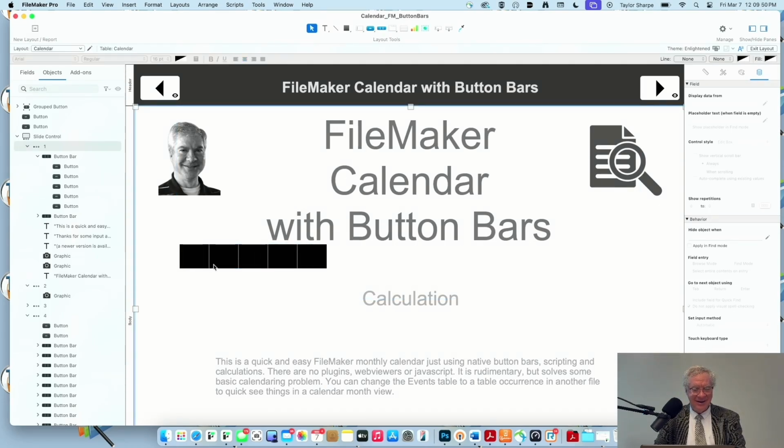Click outside the button bar. Now click in the center. So you've got to be right on that little edge there. Yep. It's not like changing the size of a popover. Also, you've got to be right on that edge before you can change the size. Try it in the center, Taylor. Because I'm literally on my machine doing exactly that from the center without having to click on the edge. Actually, with the popover, there's an easy way to do it. You don't have to grab it by the edge. All you have to do with the popover is click on the title of the popover that's inside the popover rectangle.